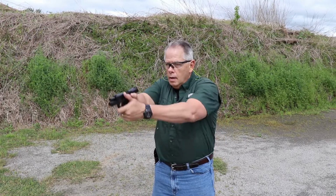Grip, trigger control, arm work. That's where we are now. Be around for the next one. It will be sight picture to put all this together with getting right on target and blasting away, because everything you've done up here